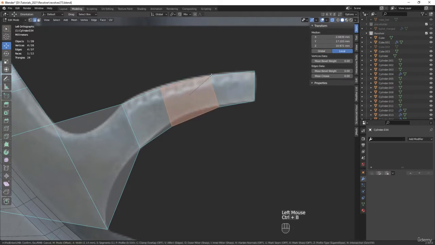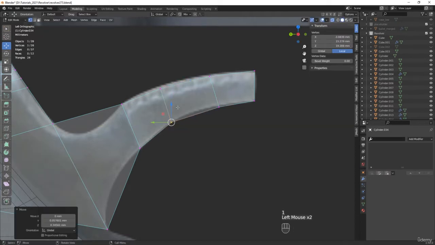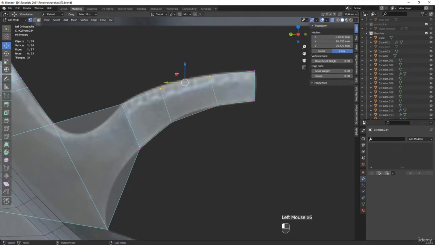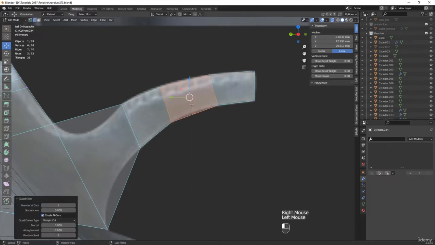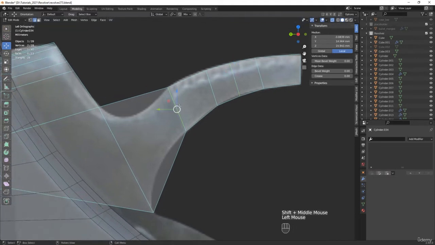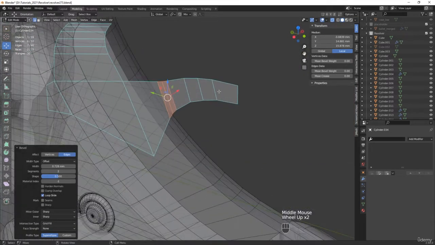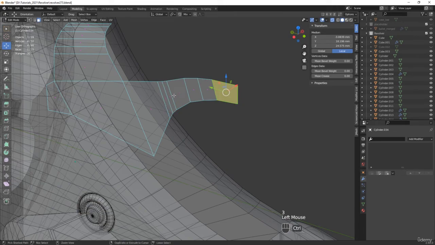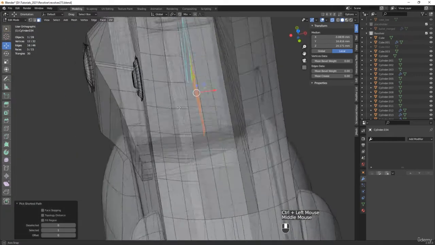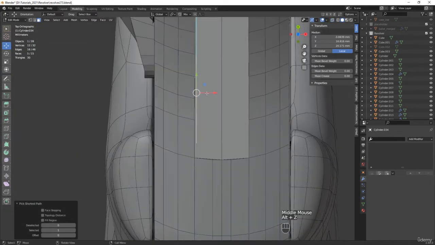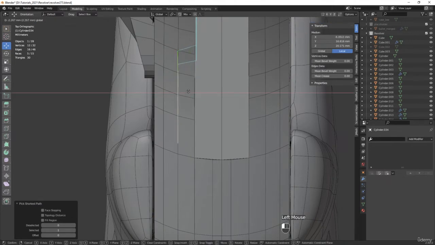Such as, for example, here, let's select that and let's have a double bevel on that. And now we just want to make sure this is also properly aligned with our silhouette. Let's add another edge here, and this one here, let's also go over there and add a bevel with 2 segments. And now let's select these faces here and let's push that over here to the left side,